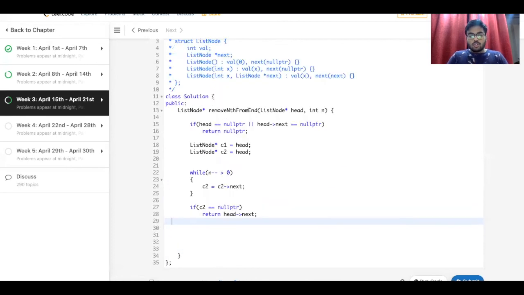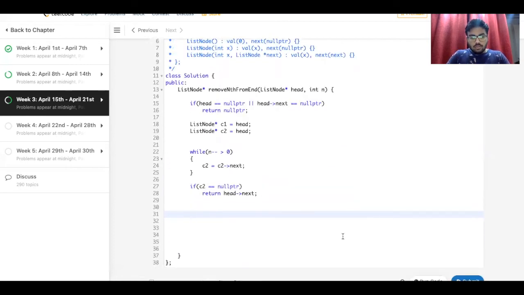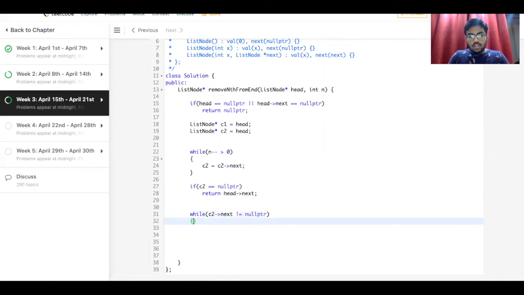All right. So first we do while C2's next is not equal to the null pointer. Till that time we do C2 is equal to C2's next, and C1 is equal to C1's next. All right.